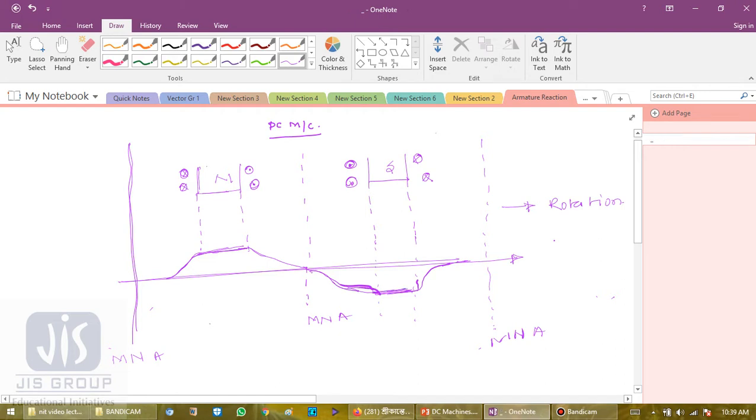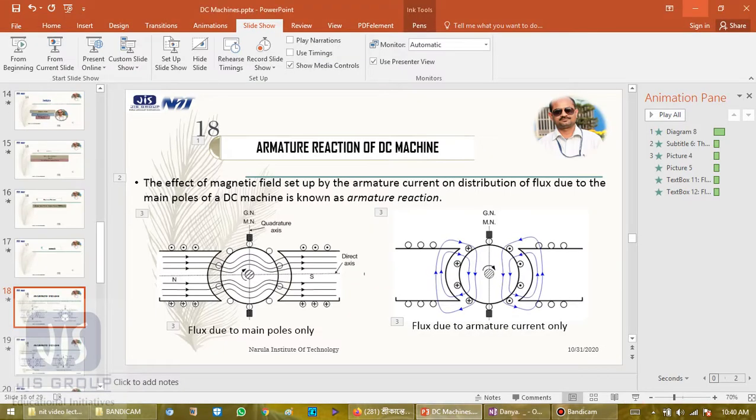So this is the waveform of flux density in the air gap due to main pole only. So this is the nature of flux density under a pair of poles. We have shown only a pair of poles. Now flux lines always leave the pole face perpendicularly. Since the pole face profile is rounded, for the circular armature periphery, flux lines crossing over the air gap approach the armature radially. Okay, so this is due to main flux only.